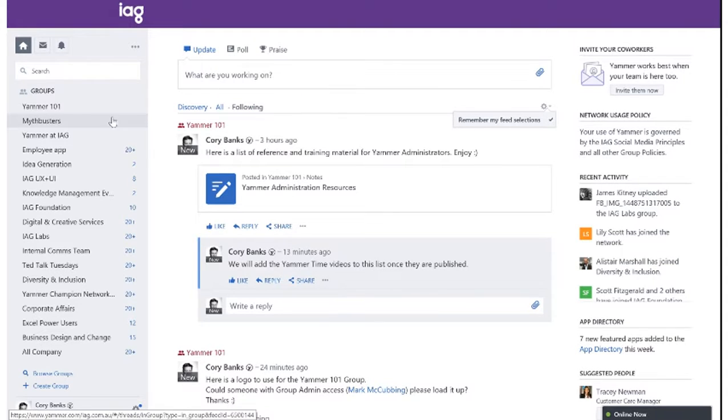You also have the option to join a number of groups across the organization. Groups can be public or private. If you are going to create a group, we strongly suggest you make it public to start with and then make a choice later on as to whether you want to make it private. As you can see here on the left, the top 20 groups that I belong to, the largest activity and the most frequently visited ones, are listed here in my view.